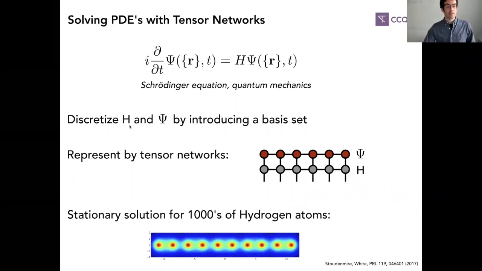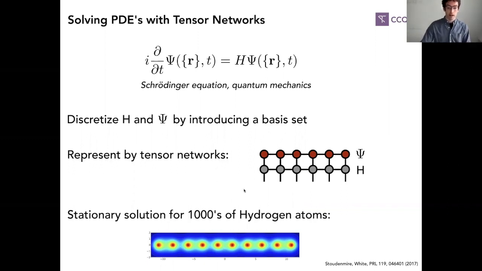And then you can discretize both H and psi by, say, introducing a basis set or other ways. And then once you've discretized them, in very interesting cases, in fact, the cases that in some sense are the most natural cases, the cases that have to do with low temperature quantum systems, and most quantum systems that we encounter are low temperature, then those can be discretized and happen to be low rank in many cases. And then you can represent them by tensor networks and represent things like the right-hand side as this product and get a really big advantage on the problem. So this problem is an exponentially costly problem on its face. So this is one way to break through that exponential scaling.